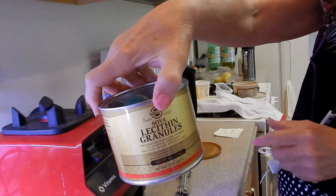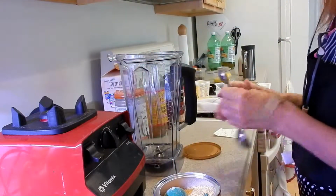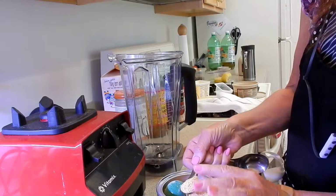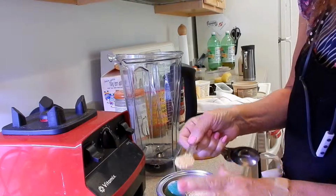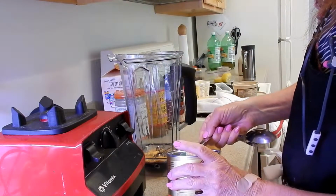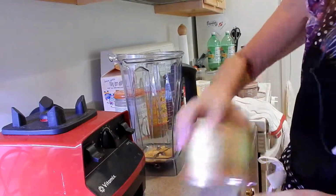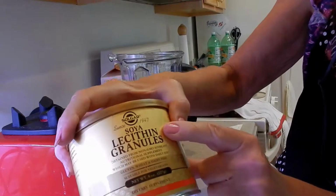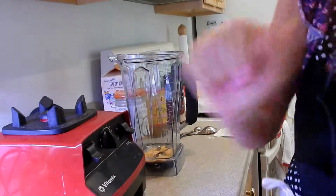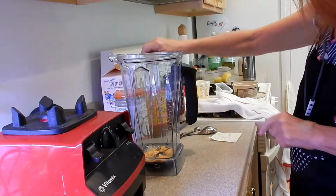Lecithin, that's what we're going to start with. This is what holds your butter together. We're going to start with 2 teaspoons. Okay, 1, 2. Okay, again, take a look at this. You have to really have this in order to be able to make your vegan butter. All right, we have that, and then we need